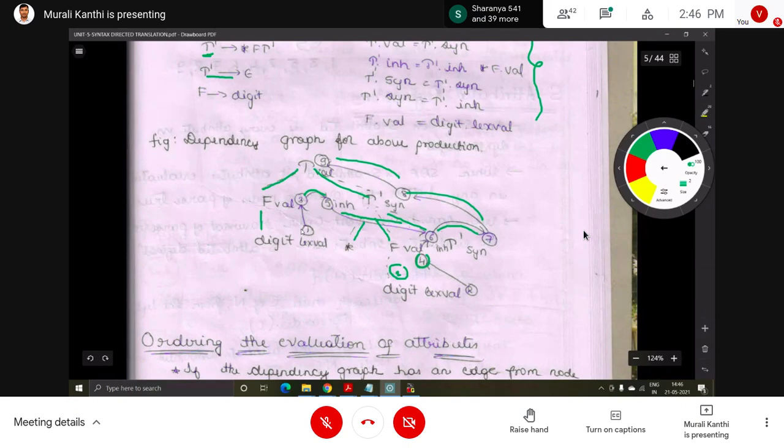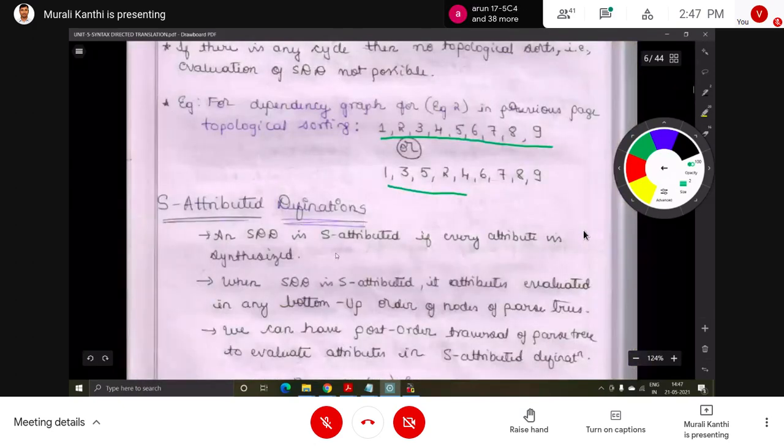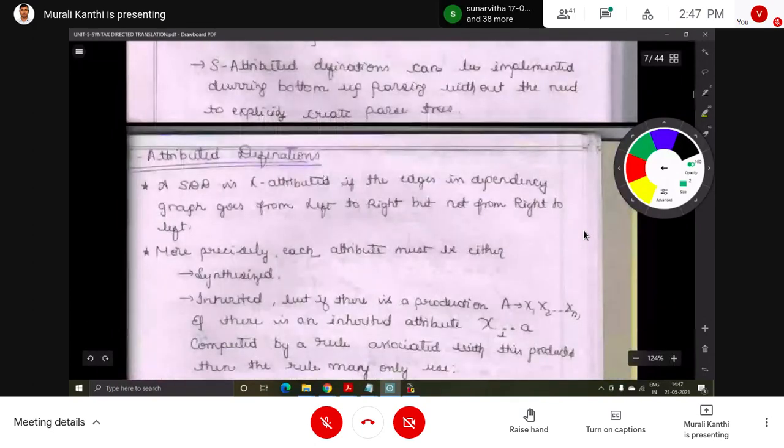So this is a leaf, first leaf, second leaf. Okay, so now this result is given to this. That's why in the topological sorting order we can mention 1 2 3 4 order, but actually if an expression is given, this one is compulsory: first operation, third operation, fifth operation, second operation, fourth operation, then sixth, seventh, eighth, ninth. Yes, the attribute definitions are already completed, not required.